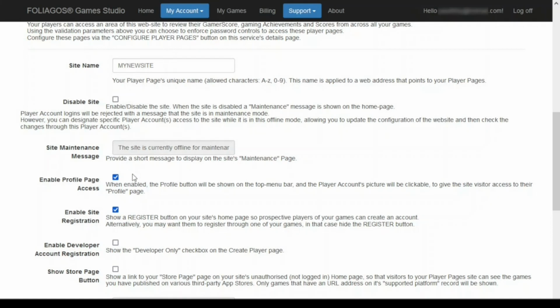Another parameter you can configure is whether to show the profile button on the player page's top menu. You may choose not to allow a player, or a user if you are developing applications, to access their profile. In that case, a player account's profile can only be maintained by the developer through this service's Manage Player Accounts